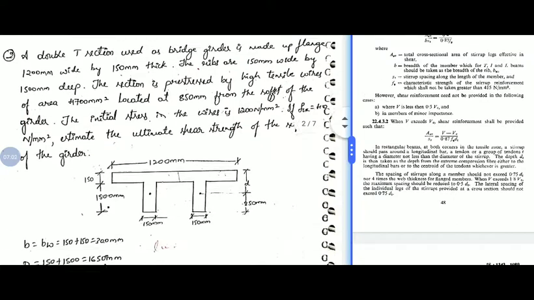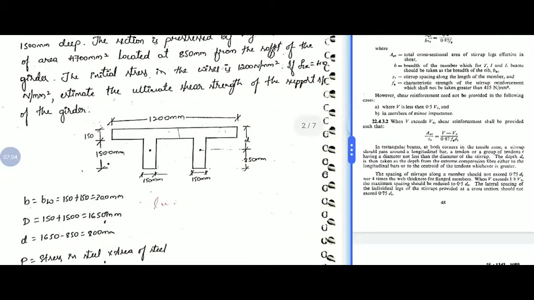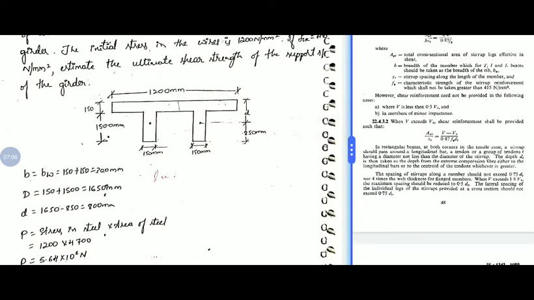So since it is a double T section, as we discussed in previous cases also, if we have two flange webs, we need to get the width of the web by combining both webs. So bw will be 150 plus 150, that is the width of two webs, it will become 300. Overall depth: 150 is the thickness of the flange and the depth of the web is 1500. So by adding, we will get 1650 mm as the overall depth of the section, and effective depth is 1650